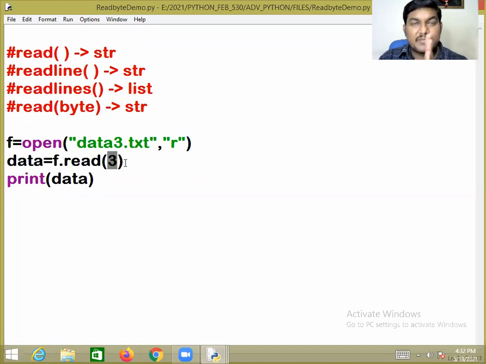Now, where is the cursor pointer, sir? I want to know where the file is pointed. You have read 3 bytes, right? First, yes, sir, then H, then A is taken. Now the cursor automatically waits at which location? 0, 1, 2, 3, sir. Now I would like to know in which position the file is pointed. There is an excellent method given for you, my dear friend: the tell method, which returns an integer.